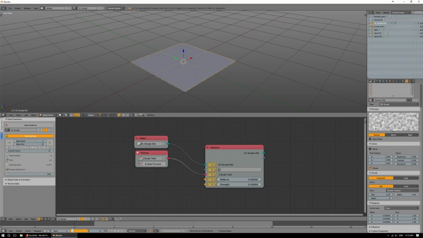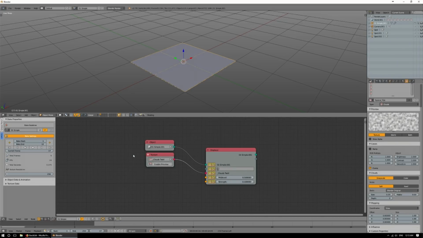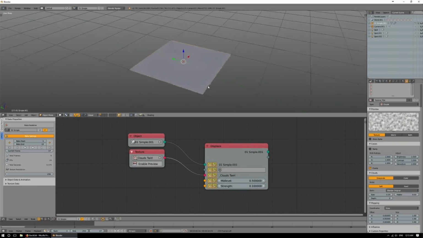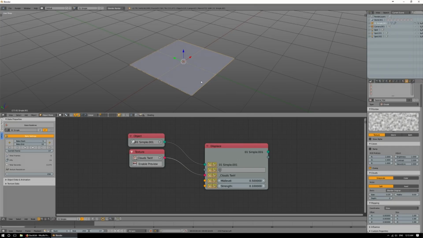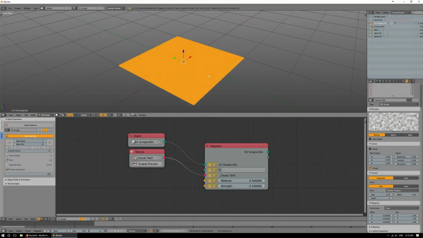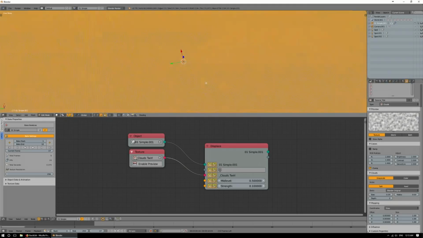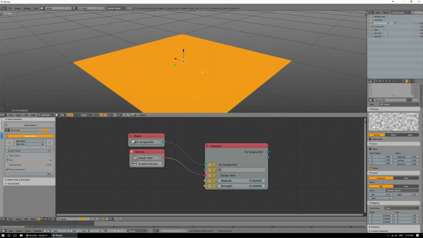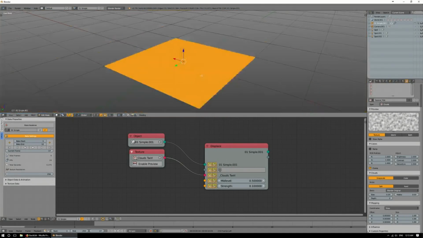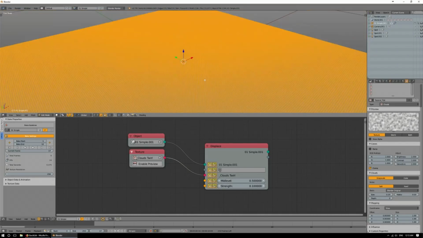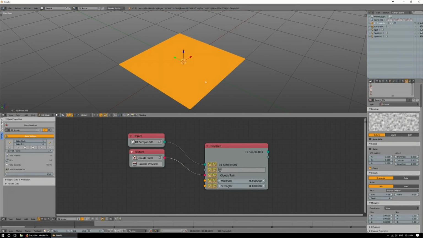Or actually, no, that's not a good idea, because I want to show you one of the cool features of the add-on. This is a plane that I have. It's nothing really interesting, but it's been subdivided a lot to give it some geometry so that we can play with. GrowthNodes is capable of